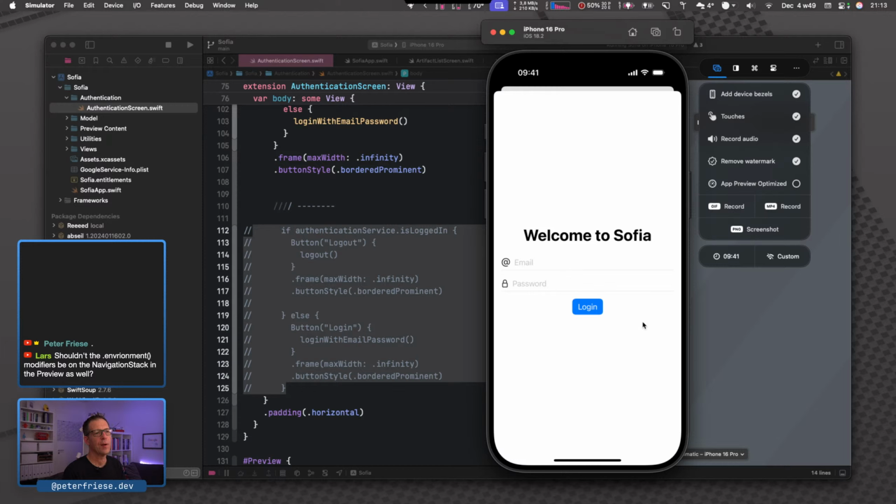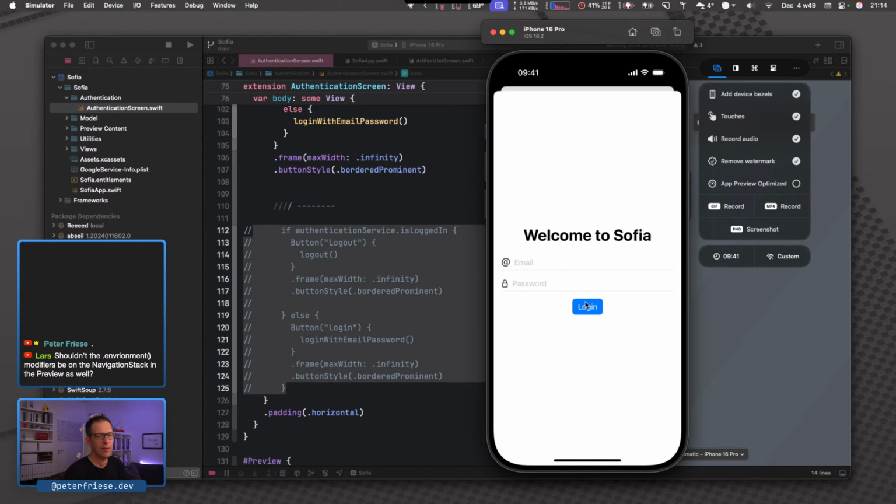And most of those kinds of screens have some little text down here that says, hey, if you're new, you can create a new account, or if you have an account, you can sign in using that account. So we will want to switch back and forth between those two modes of the screen.